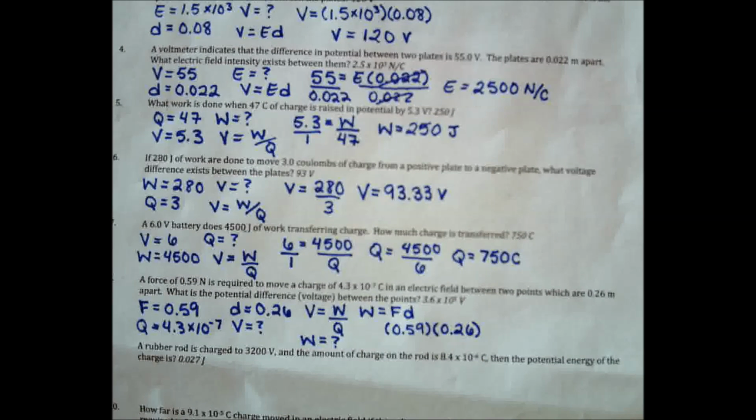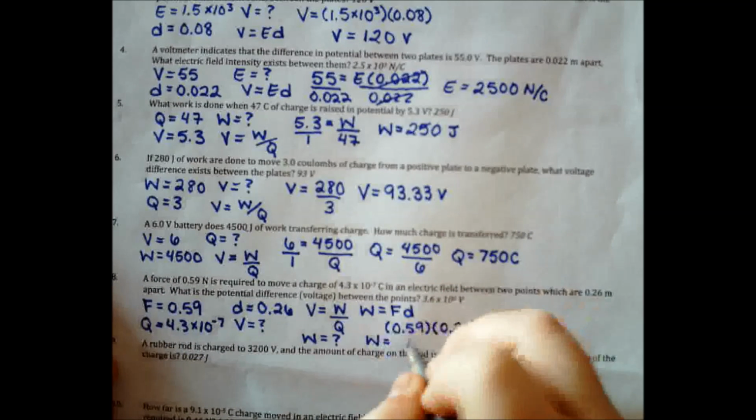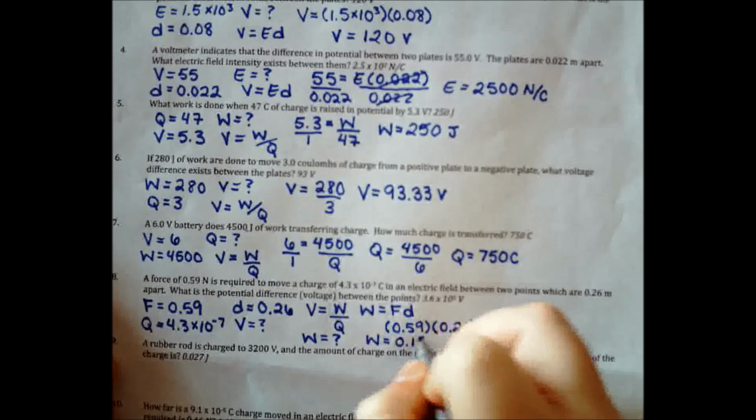Wake up phone, you need to be a calculator. Come on, phone. 0.263 times 0.59 is giving you 0.15